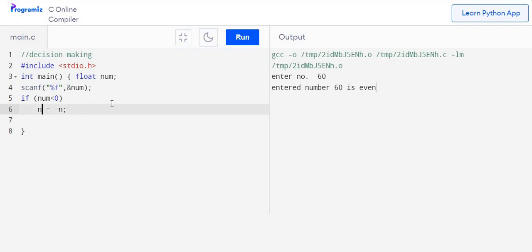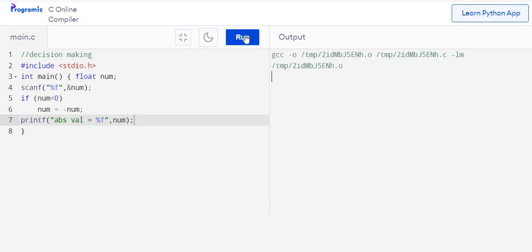Now printf, abs value is equal to %f, because our number is floating, and let us print num. So if user enters a positive number, the same number will be here. If user enters a negative number, it will be converted and become positive and displayed here.